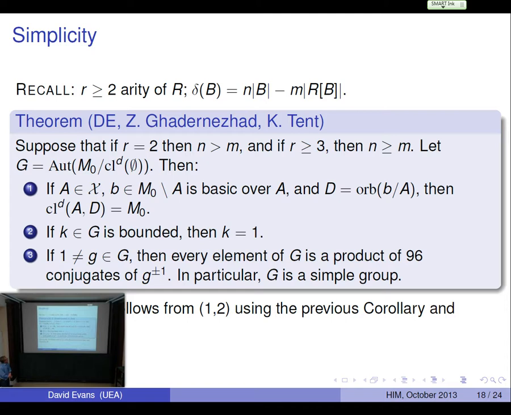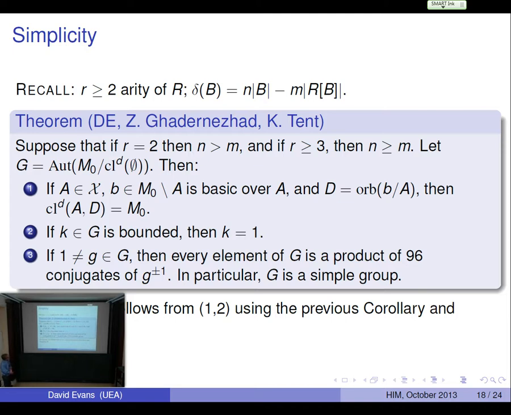Okay, so to apply the theorem, we need a basic orbit where the closure gives you the whole of the model, gives you the whole of M0. The first part just says that any basic orbit will do. The second part says the only bounded automorphisms are trivial. And the third part is really just a matter of applying those first two parts, and you get this